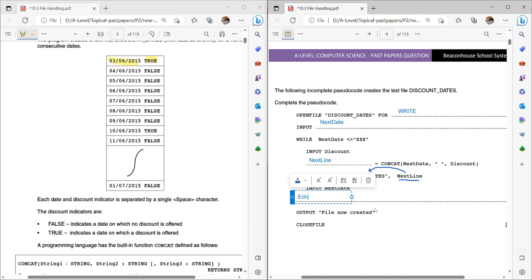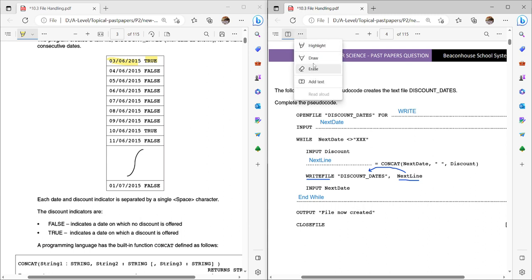So we will write end while. So the loop is created. This is the completion of the code given over here. So with the help of this code, what happens? The discount date file is created. The text file is created. The line, the date, and the discount we are entering are taken and written into the discount